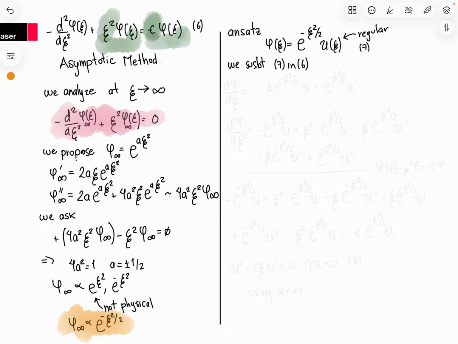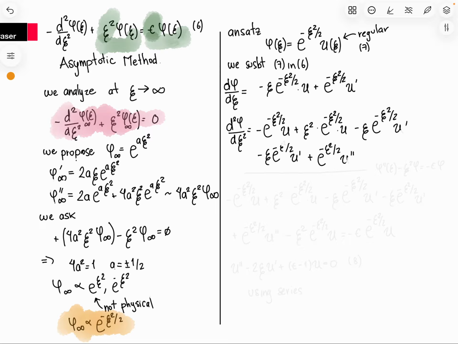In order to do that, you need to find the second derivative. So we derive twice. The first derivative will give you this, it's a product. U prime means the first derivative of u, right? And then we derive again, and it will give you now 4 terms, because every time you derive a product, it gives you as many terms as factors you have. So you get this expression, and we need to substitute this in the original equation,